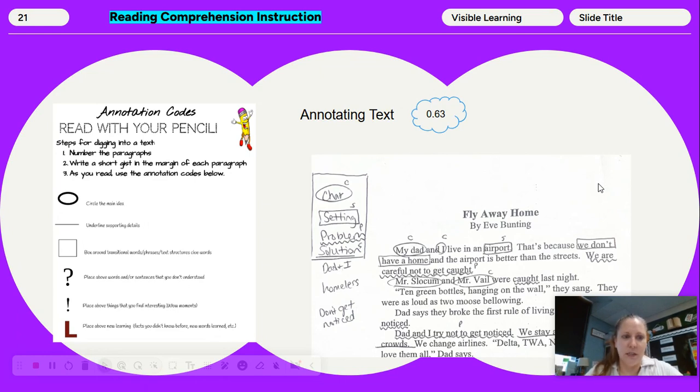And you could do this a million different ways. You do not have to circle the main idea and underline supporting details. I just teach them, this is one way you could do it. If you are doing C-space, you could only underline and then put the CSP above where your character, setting, and problem are. And then just underline and put an A for action next to the action parts. So this could be tailored to your students, but also I like to teach students that you may have